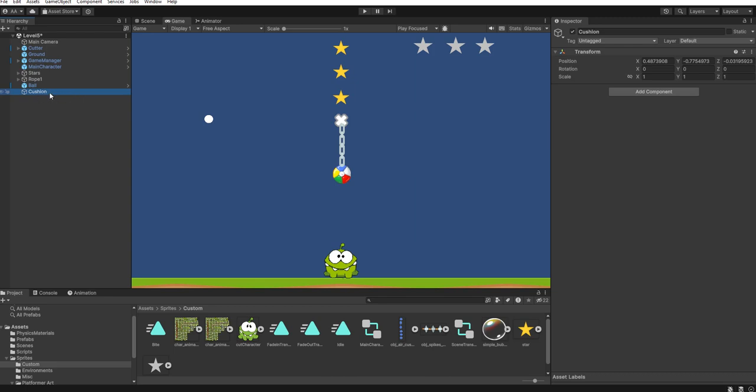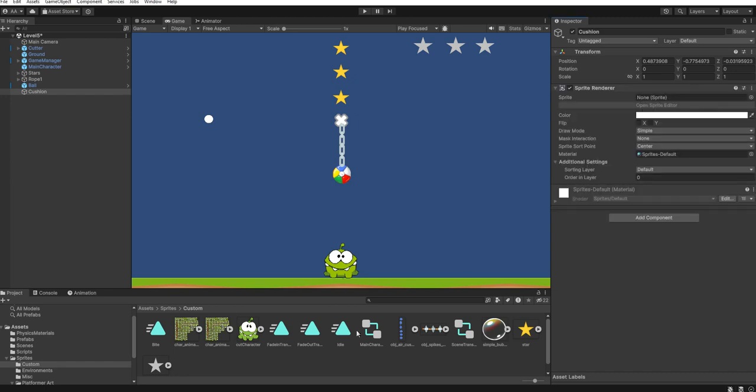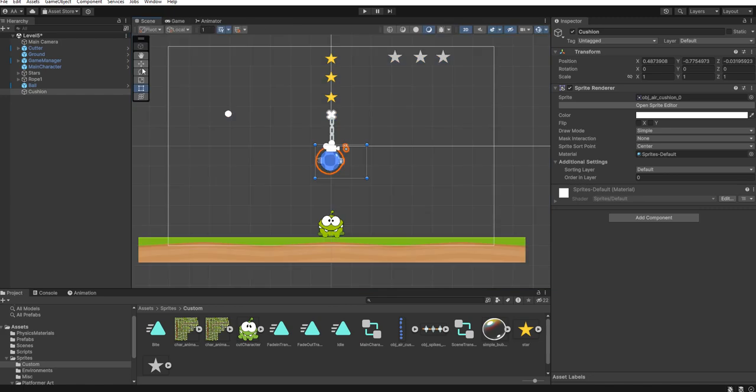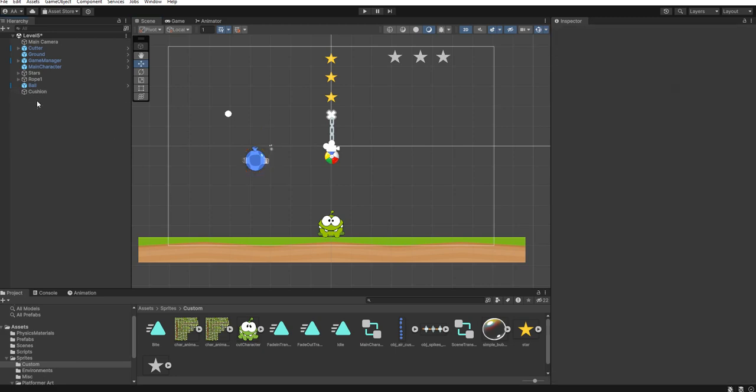Now we have an empty object, and I'm going to add a sprite renderer. I'm going to add the sprite to the cushion, and for now let's go to the scene, and I'm going to move it and position them the same way as in the level that we saw. I'm going to create 3 more,